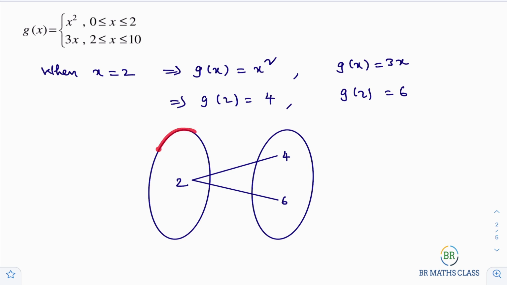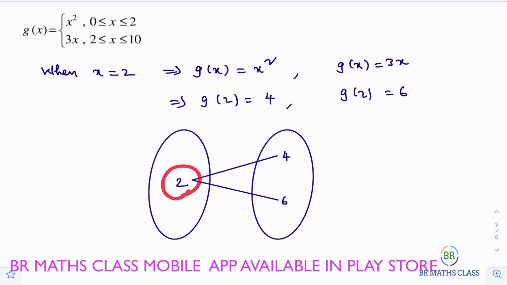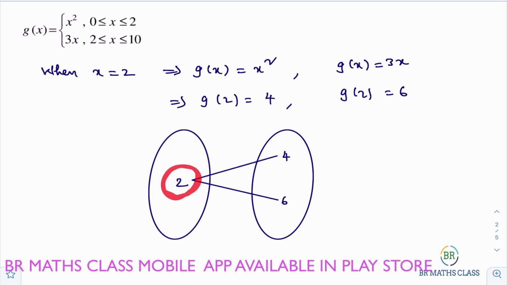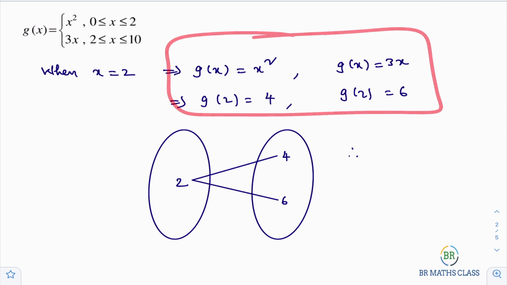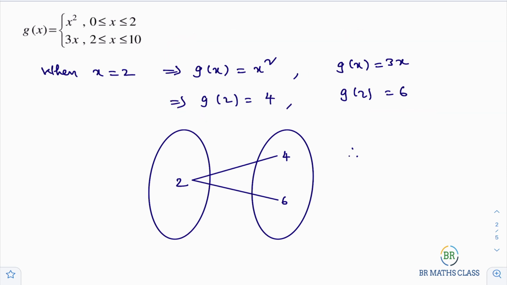In the first set, so many elements are there between 0 to 10. Here we identified that for the element 2, there exist 2 elements in the second set. As per our definition, what we learn in theory, for every element in the first set there exists only one element in the second set. But for this element, there exist 2 elements. That's why this is not a function. While proving it is not a function, this counterexample method is the best method. While proving it is a function, you have to do it carefully.